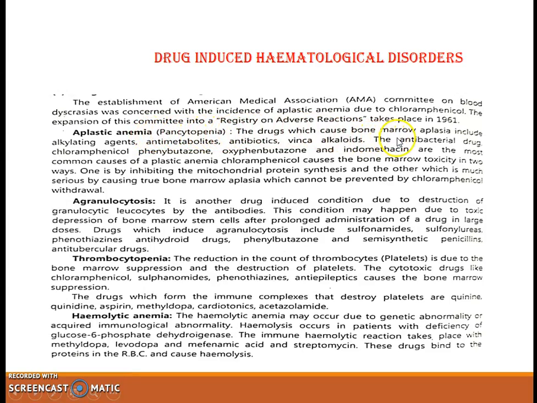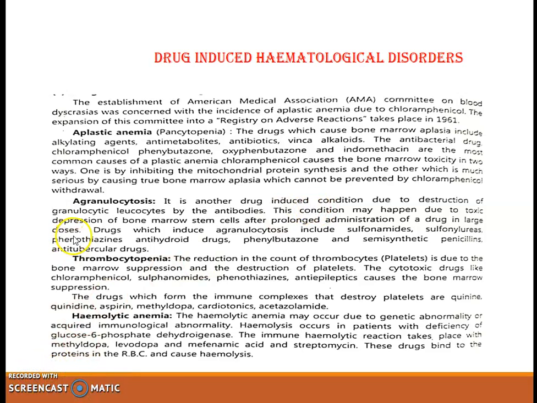The drugs which cause bone marrow aplasia include alkylating agents, antimetabolites, antibiotics, and vinca alkaloids. The antibacterial drug chloramphenicol, phenylbutazone, oxyphenbutazone, and indomethacin are the most common causes of aplastic anemia. Chloramphenicol causes bone marrow toxicity in two ways. One is by inhibiting mitochondrial protein synthesis, and the other, which is much more serious, is by causing true bone marrow aplasia, which cannot